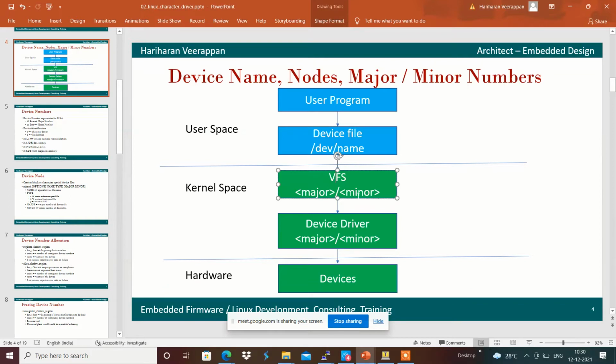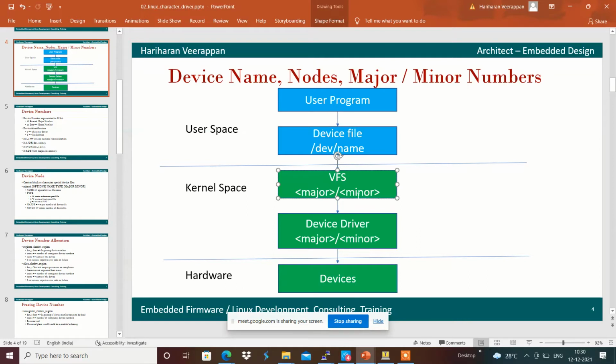VFS is a virtual file system. VFS is basically a virtual file system in the Linux kernel, a generic layer of the Linux file system, and all the requests will go to the virtual file system.